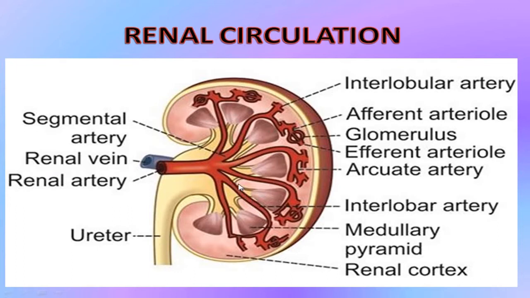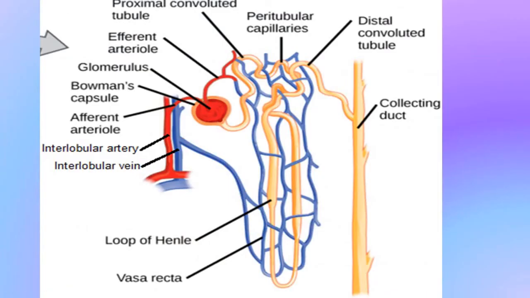These interlobar arteries run through the renal columns between the pyramids, and then this interlobar artery gives a branch that is called arcuate artery at the junction of cortex and medulla. Arcuate artery then gives a number of fine branches which are called interlobular artery. Interlobular artery then gives an afferent arteriole. This afferent arteriole then makes a knot that is called glomerulus in the Bowman's capsule